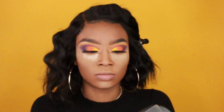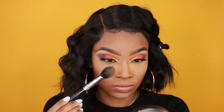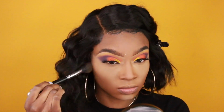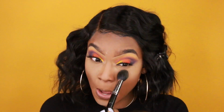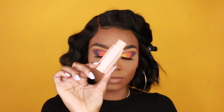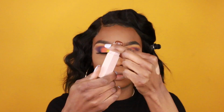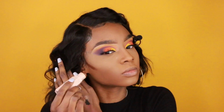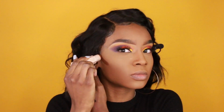You guys already know I have to use my MAC MSF, just because this powder is a little bright, but just to tone it down and make it look a lot more even, and just to make sure that I don't get any flashback or anything, I just like to put this powder on over it. Then I go in with my favorite contour, Fenty Beauty Espresso Match Stick, and I just put that right